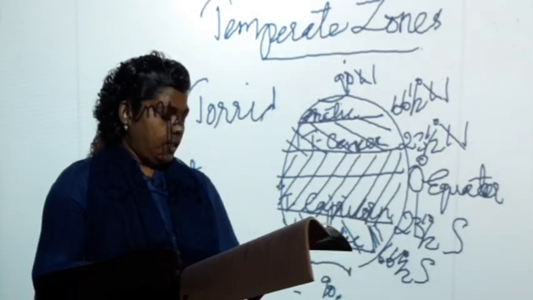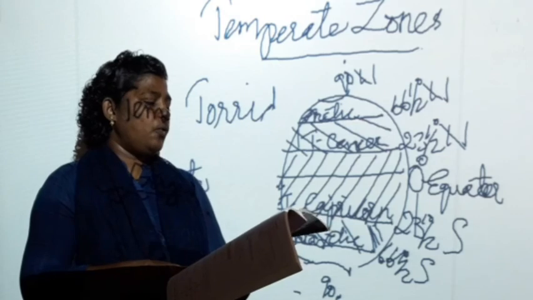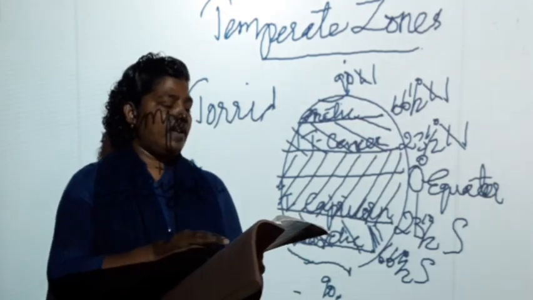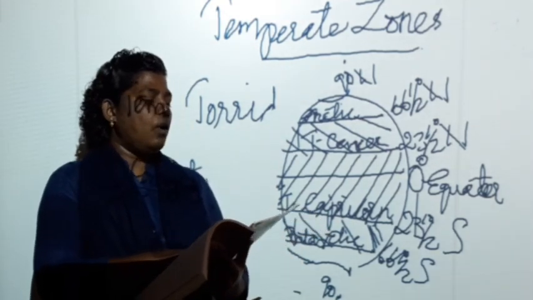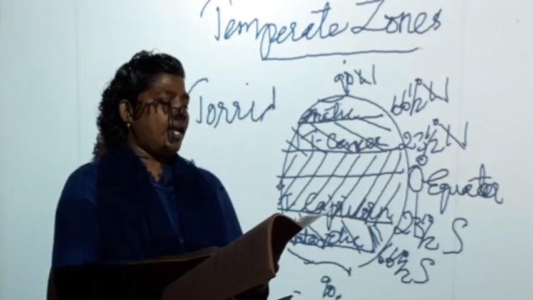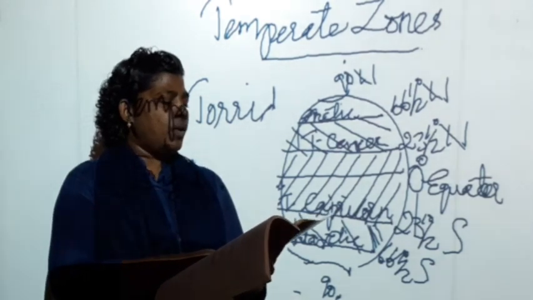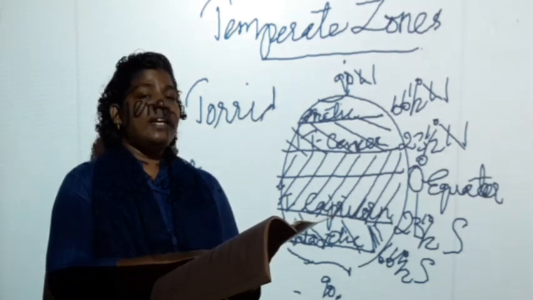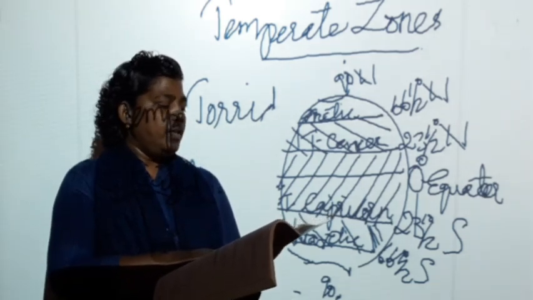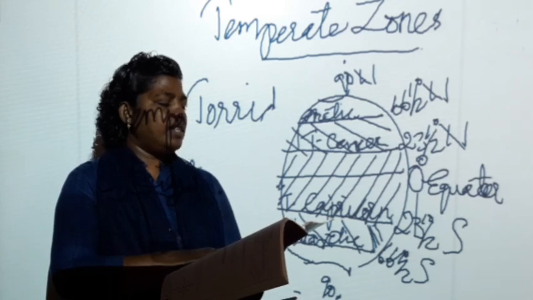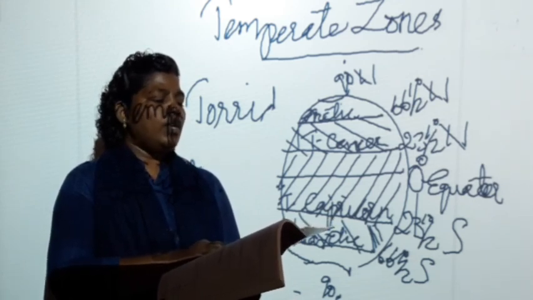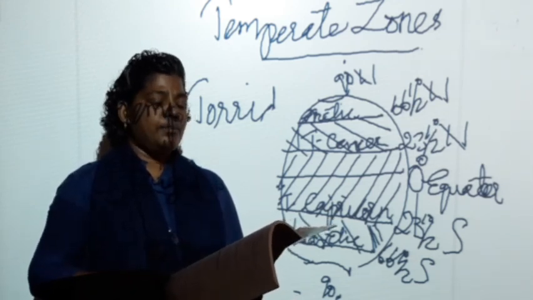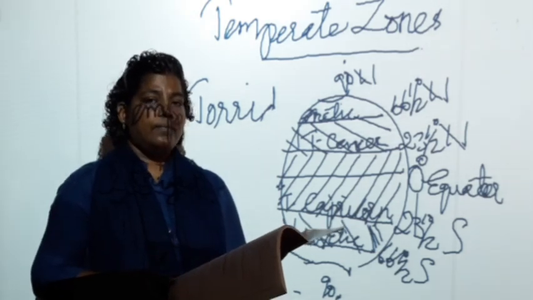Completed? Then come to page number 24. Important terms are given. First one, cardinal direction, B1 answer. Second one, scale, B2 answer and D1 answer. And legend, B6 answer. Conventional signs and symbols, that is B7 answer.